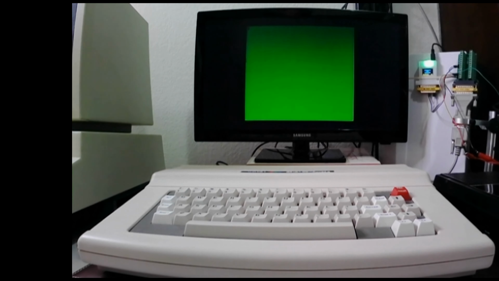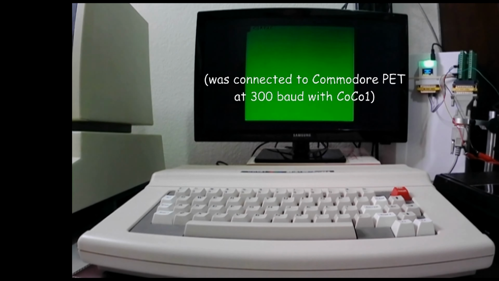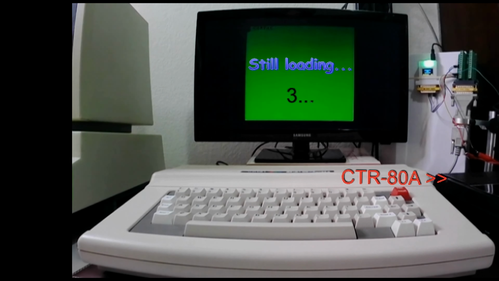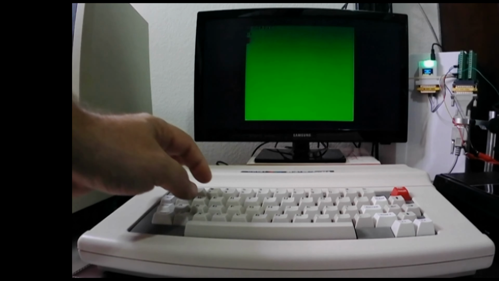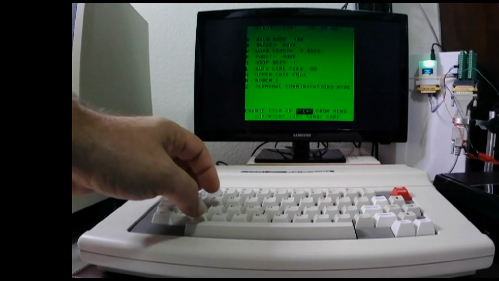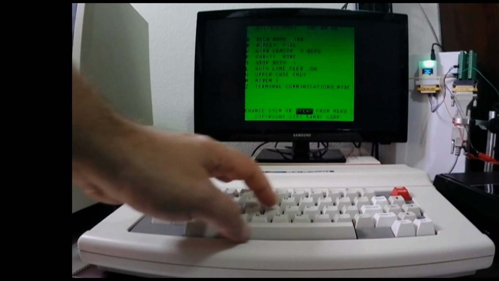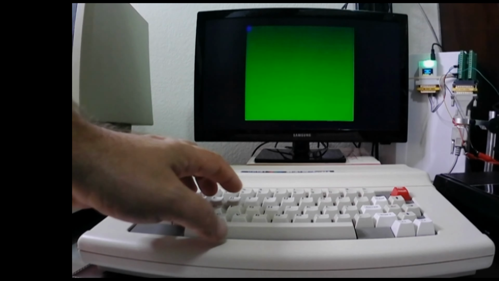I swapped out the Color Computer directly with a Color Computer 3, and I haven't even reset the modem, so these should still be connected. But on the Color Computer 3, I still have to load the terminal program. It's a little bit cruel to load this old terminal program on a great Color Computer 3 and through the serial I/O, but bear with us.